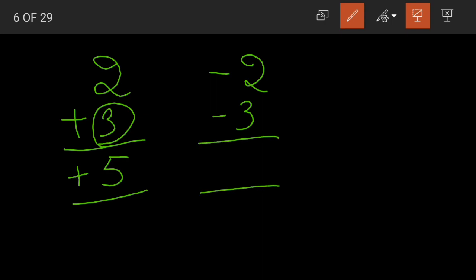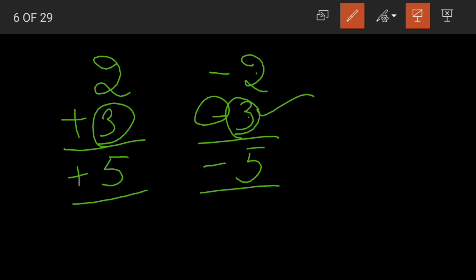How? When we add two positive integers, 2 and 3, the answer will be 5. 2 plus 3 is 5. Now look at the higher absolute value number. It is 3. Which sign does it have? It is a positive integer. So the result will also have a positive sign. Again, when we take minus 2 and minus 3, these are two negative integers and we are adding them. 2 plus 3 is 5, and again here 3 has the higher absolute value. 3 has a negative sign. So the answer 5 will also have a negative sign.